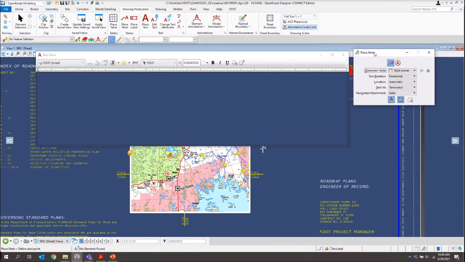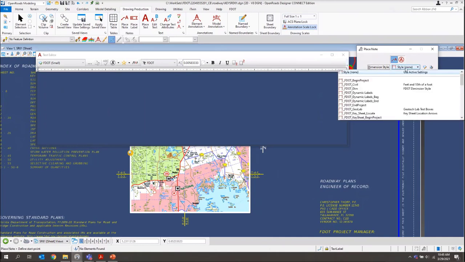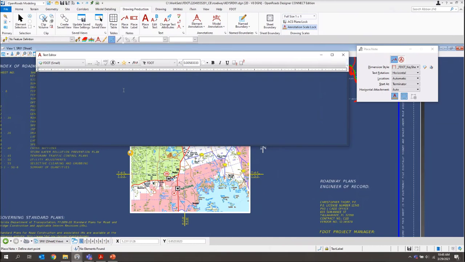Over here in the place note dialog, we also want to make sure we set our dimension style. For the begin project, we're going to do f.keysheet begin project. And then we'll just fill in the text that we want to place. So, begin project, and our station number and our milepost.